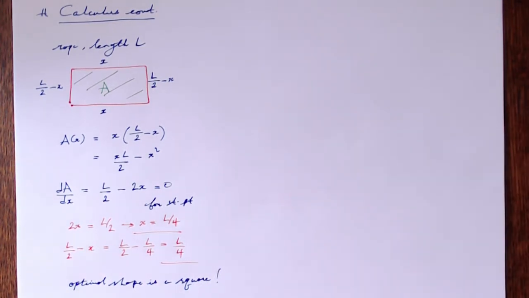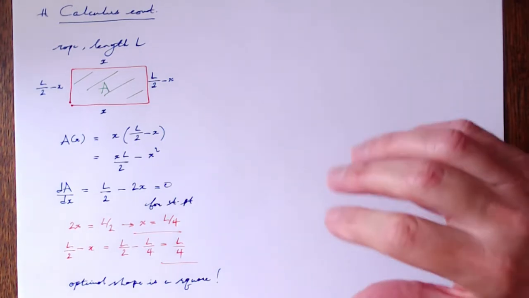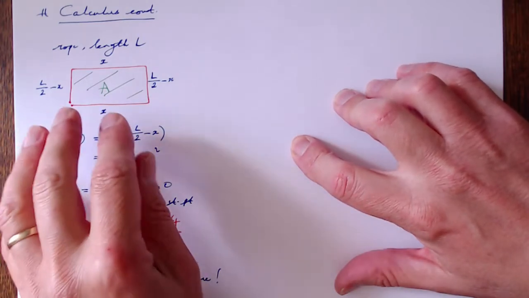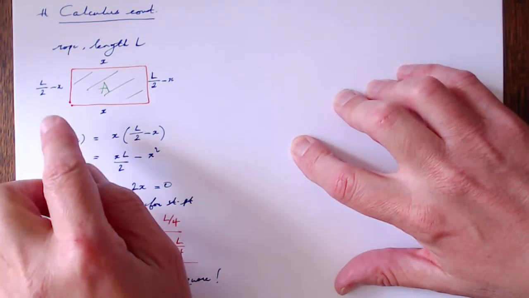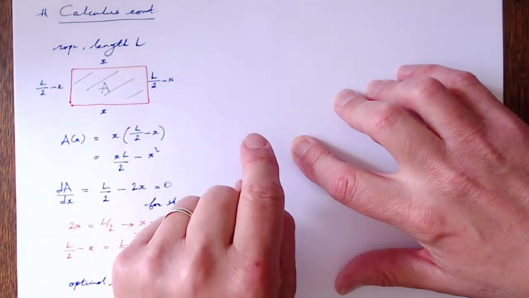Which is a very cute result, and in fact you often see this in maths and science, that when you're solving optimization problems, it's often the case that the optimal solution in some sense has the greatest symmetry, and we can actually see why this result must be true without doing any maths at all. Actually, simply by logical argument, we could say that